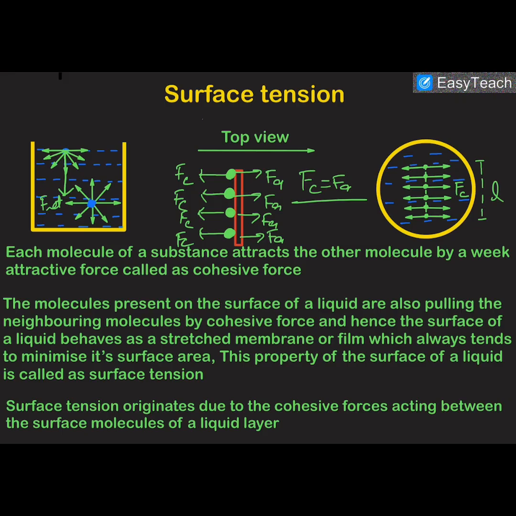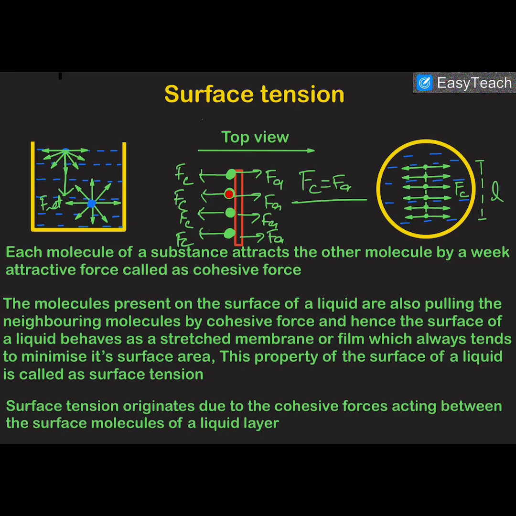So let's start this video and let us discuss the basics of surface tension. First of all, we know that there are two types of van der Waals forces. One is cohesive and the other is adhesive. Cohesive force is the weak van der Waals force acting between the molecules of the same material, while adhesive force is the weak van der Waals force acting between the molecules of different materials. For example, if we